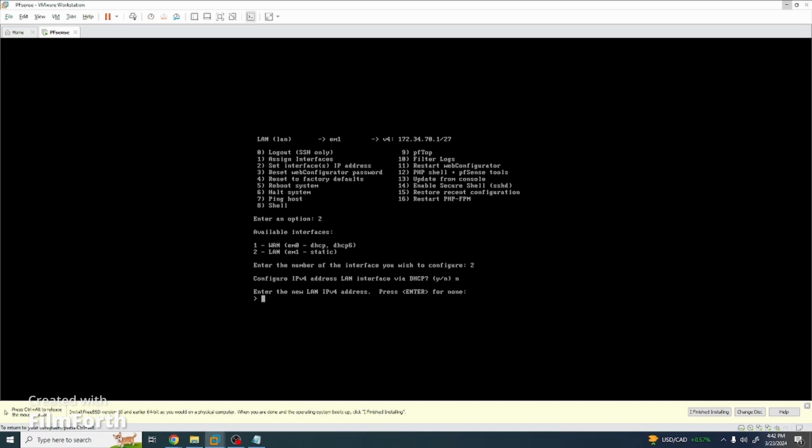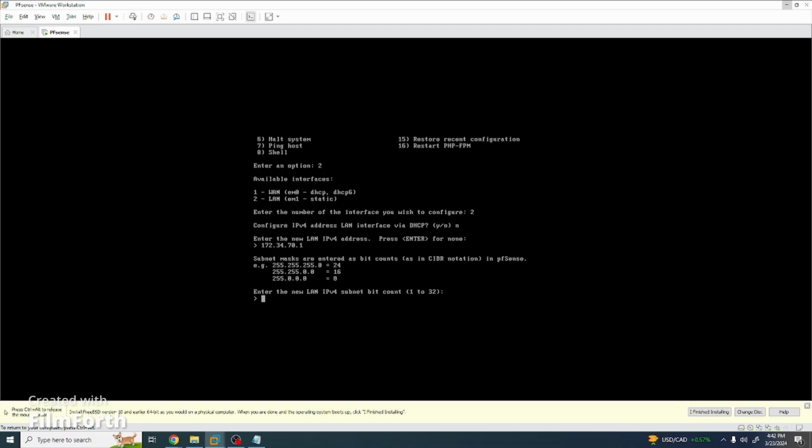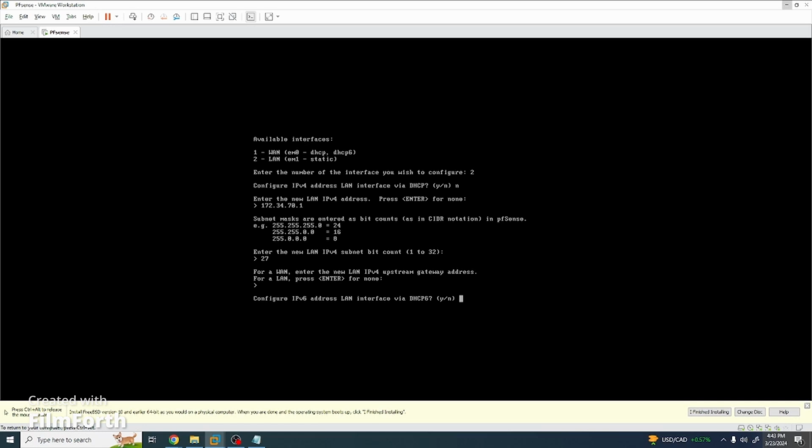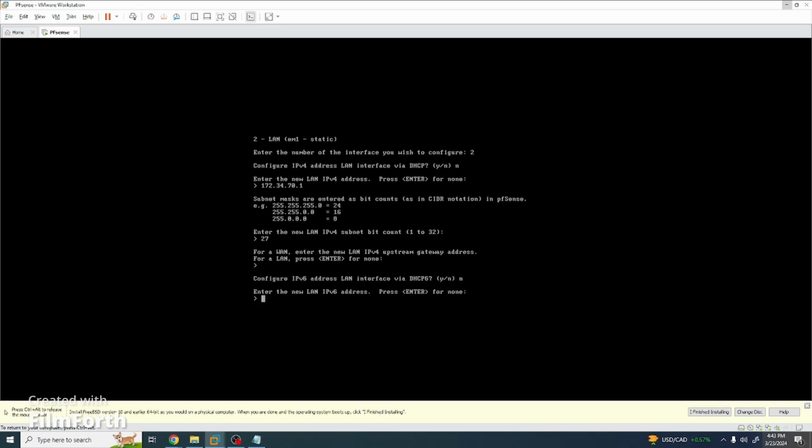Okay, and the new IP, like we put in pfSense, the beginning of the range, okay, and then subnet, like I already explained, because we need 17 and /27 allows for 32. Okay, and for this we're just going to pass this. We don't want to configure the IPv6. Skip through that,